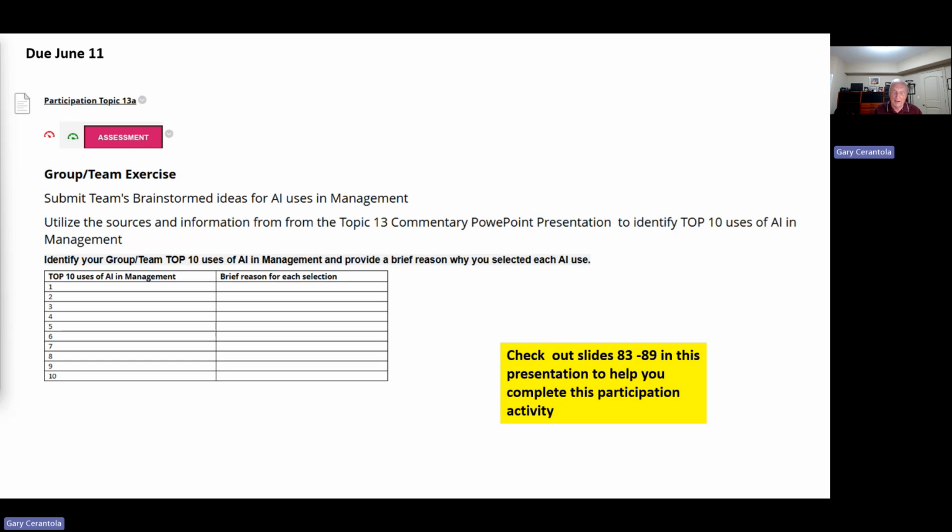these participation activities are required. So what I'd like you to do is this first one, it's a group team exercise for 13A, and really you're brainstorming ideas for AI use and management, and take a look at the top 10 uses of AI, and again a brief reason, so why it matters, right? To demonstrate you've done some critical thinking, and the actual slides in this presentation roughly start about 83 to 89. It'll give you the ideas of what's out there so that you can choose 10 good ones for your own